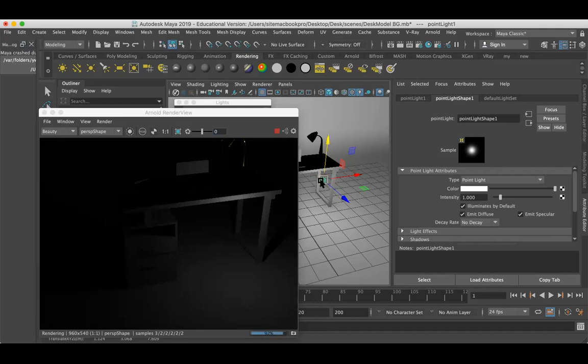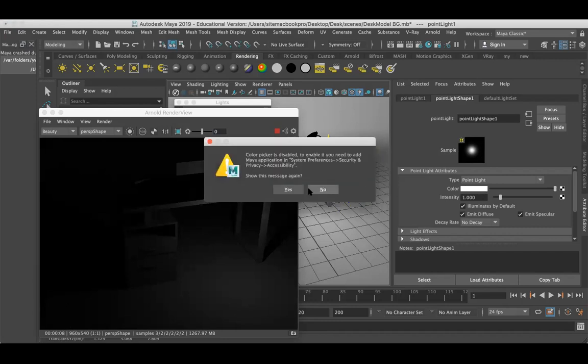The point light works when you need to light a candle, when you want to do candle lighting, or when you want to make some fire. For fire lighting, in those cases we use point light. It will be much more effective for these two cases. Here you can change the color.